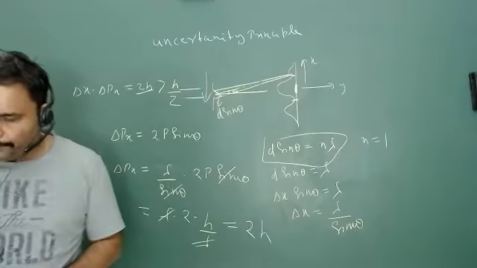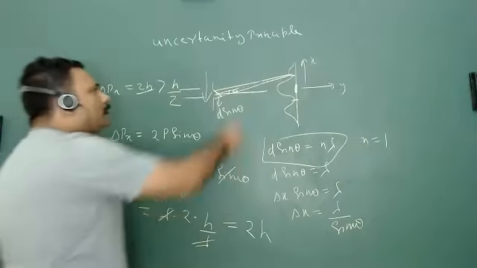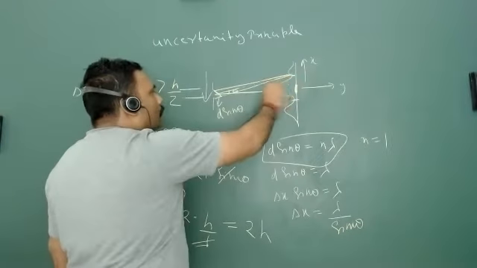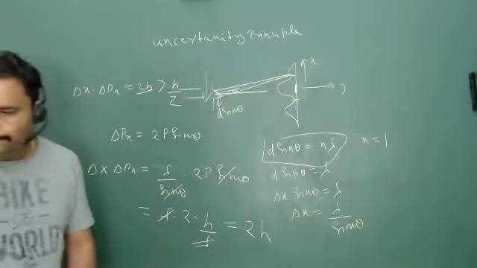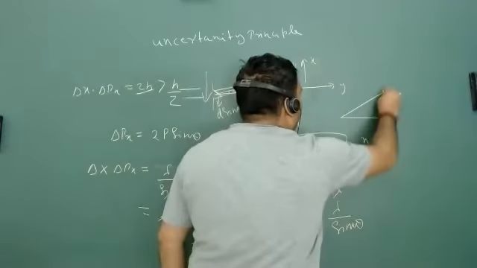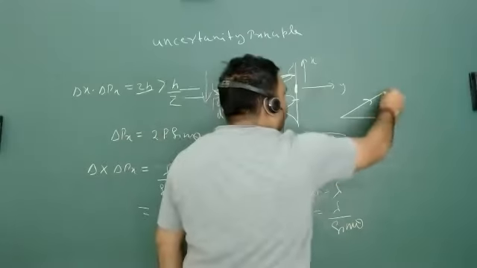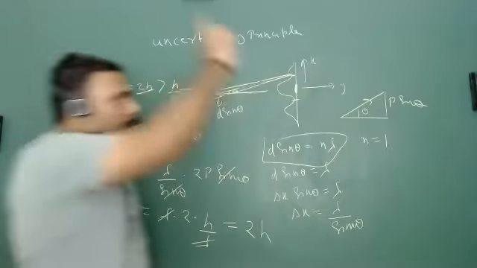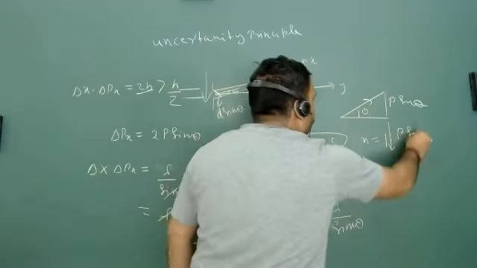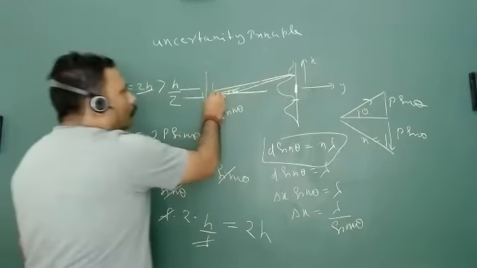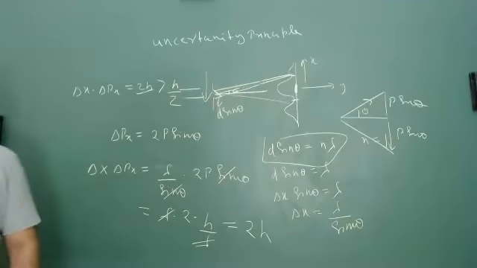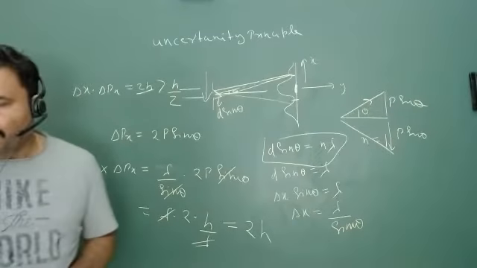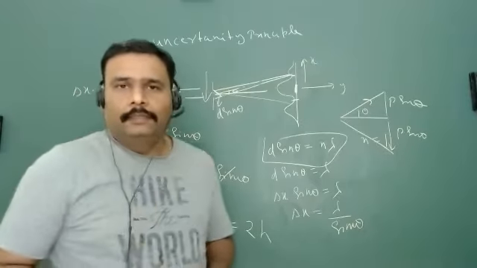Sir, how did del px equal 2p sin theta come? Can you tell me once? This is p. You take the two parts of this: one is p cos theta, another is p sin theta. This is p, the momentum, and this is theta. This is p sin theta, isn't it? So p sin theta upward and p sin theta downward. This is very simple. Sir, is this the momentum of the photon? Yes, the momentum of the photon. Light is all about photons.